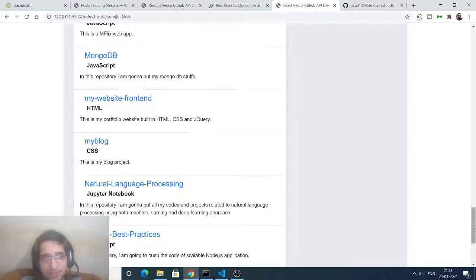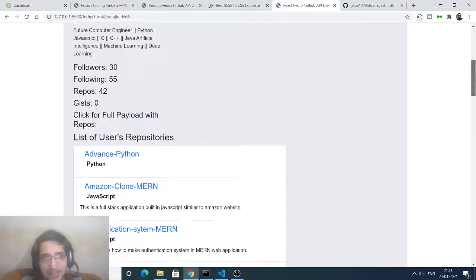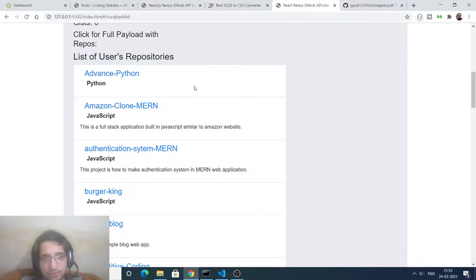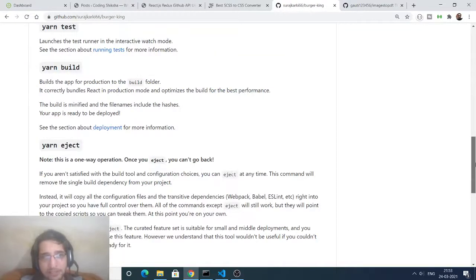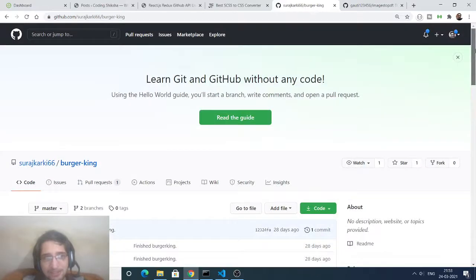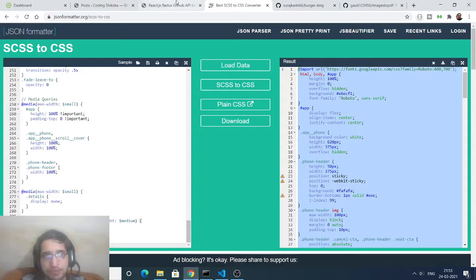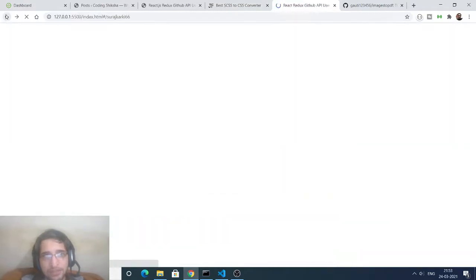You will see all the repositories that the creator has created. If you want to click any individual repository, you will be able to get to the detailed repository. So this is the application that we will be building in React.js. For all the source code, guys, and one more thing that I need to tell you, we are using the concept of Redux, which is a state management tool inside React.js.